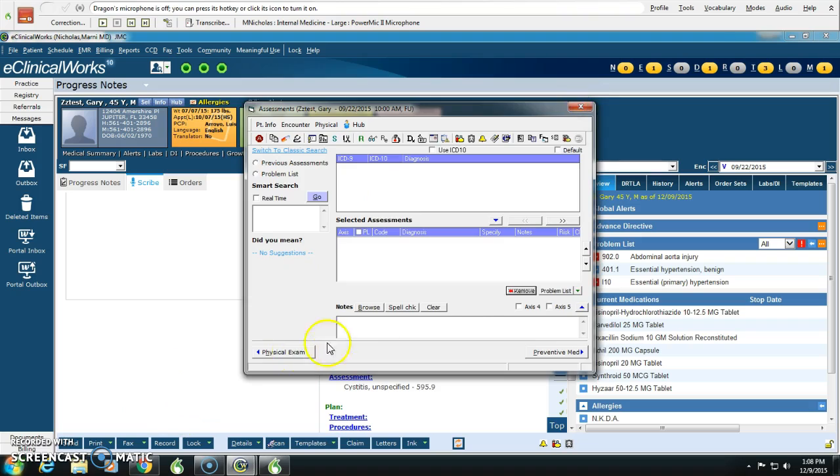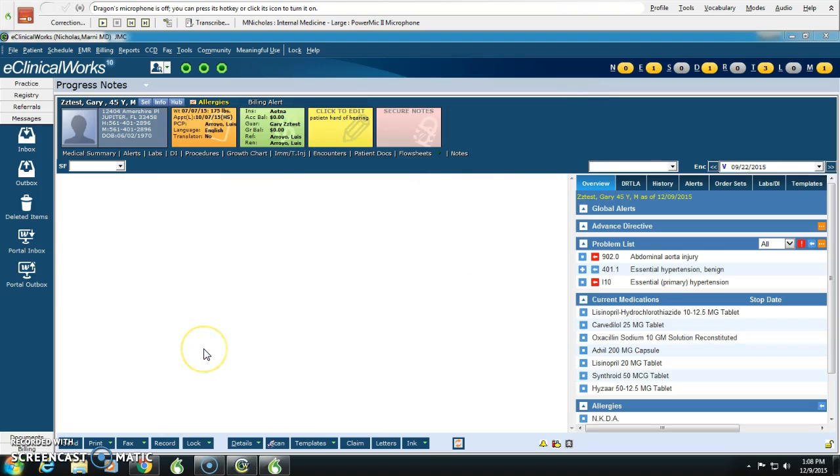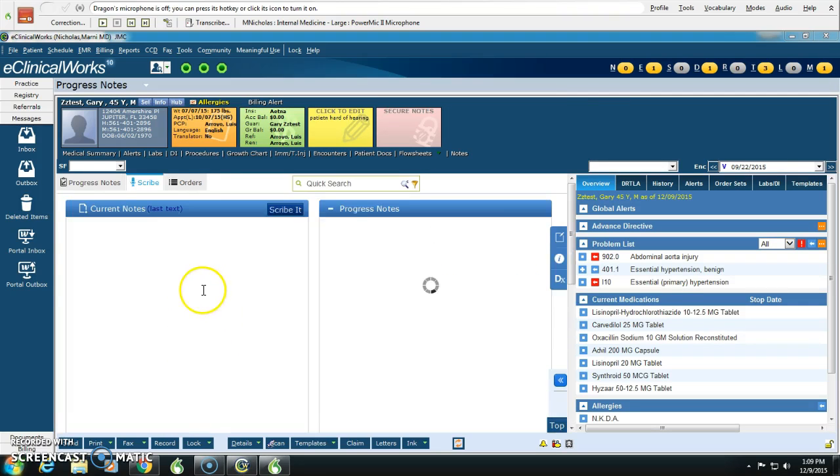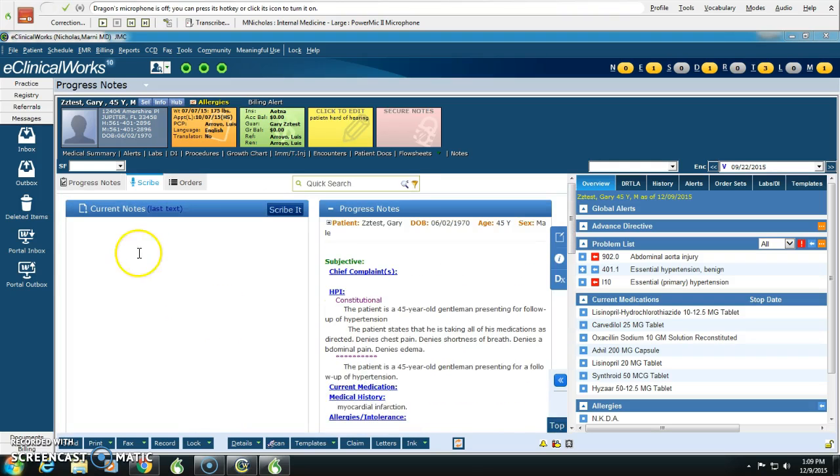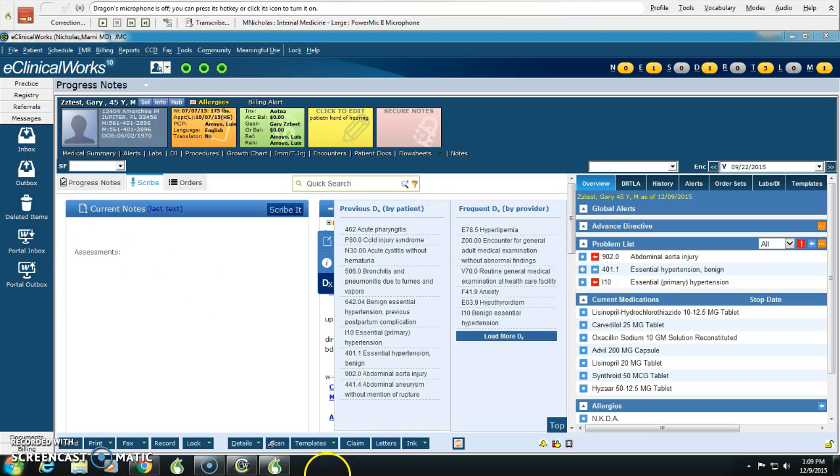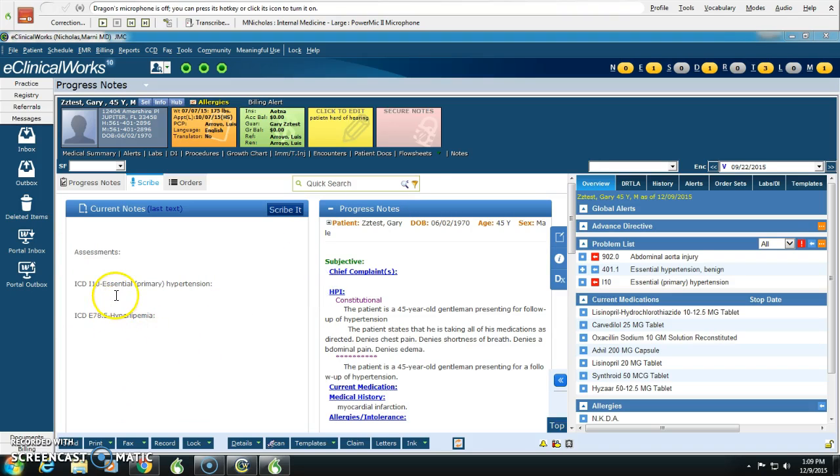So now getting to the assessment. This is also really easy, incredibly easy using Scribe. The way I do it is I just hit this DX button, and it's going to pull up every single previous diagnosis you've ever given that particular patient, and it's also going to pull up your frequent diagnoses here. So since I'm seeing this patient for a follow-up of his hypertension and his hyperlipidemia, all you do is click on those, and it automatically pulls it right over to your Scribe window,